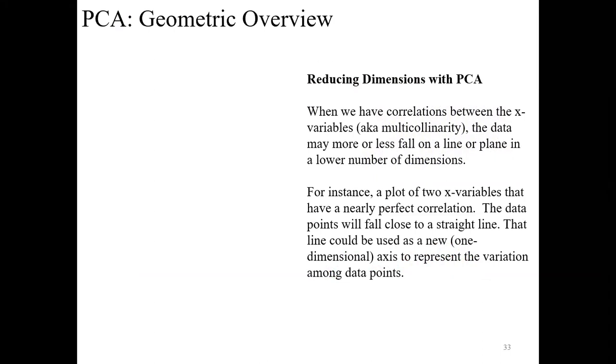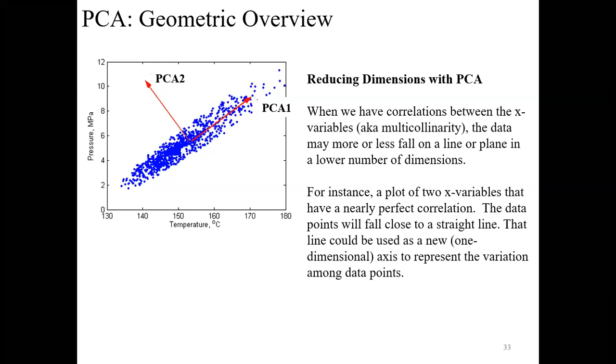So when we have correlations between variables, which we also call multi-collinearity, the data may more or less fall on a line or a plane in a lower number of dimensions, okay? So here we have two variables that have a very high correlation between them, okay? So this is temperature versus pressure. And so our observations fall out, in essence, most of the variability falls out along a single axis that we can call principal component 1, right? So going right through the center of that